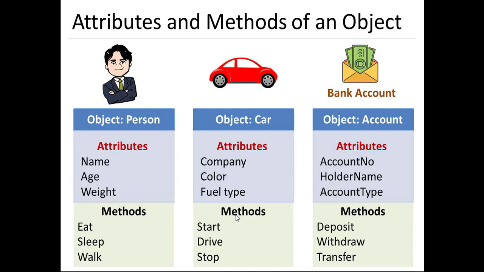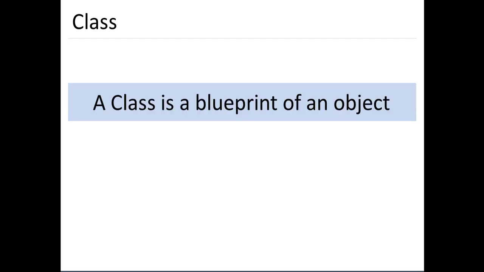So in this particular way, in object-oriented programming, we communicate between different objects. Now we know what objects are. Now we have to understand how to create these objects. In order to create these objects, we have a mechanism that we call a class. Class is nothing but a blueprint of an object. Now what exactly does this blueprint mean? A blueprint will indicate how the object will be constructed.